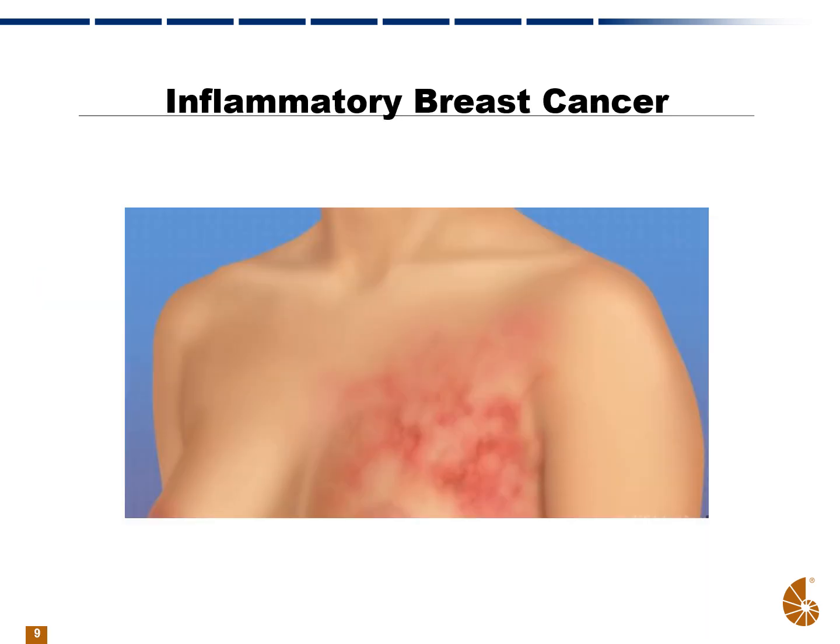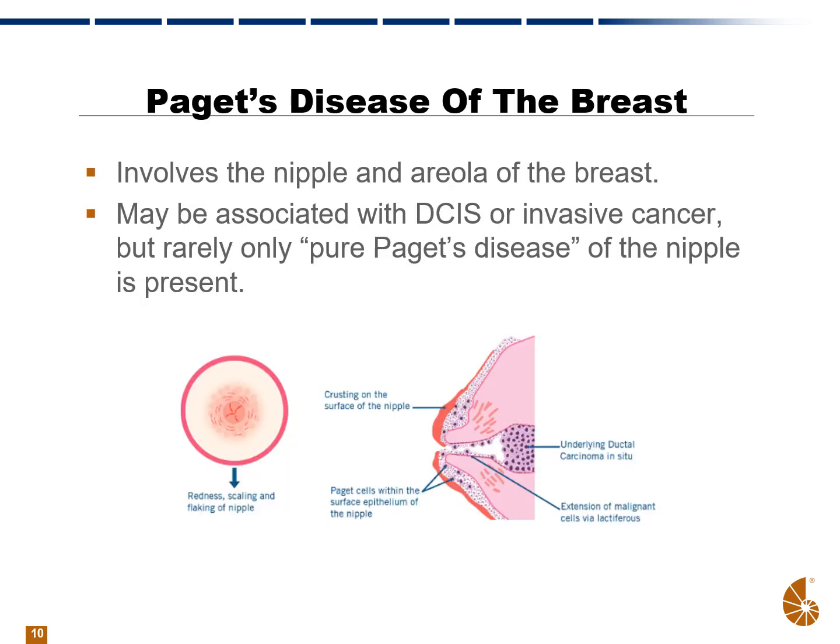Then this inflammatory breast cancer that I mentioned, you can see in this picture how red and inflamed the breast appears. So there's a tremendous amount of inflammation going on because of the cancer, and this is usually aggressive and very worrisome. But you get the idea that it's a definite change that's apparent on the exterior of the breast. And then to complete the story,